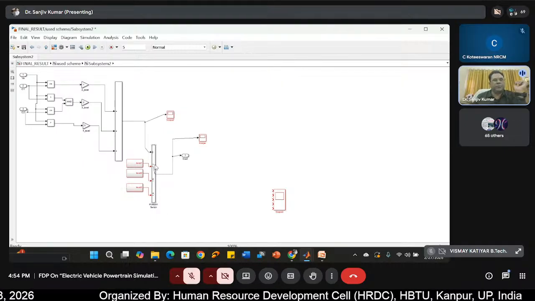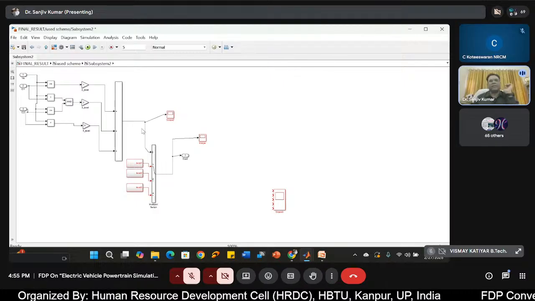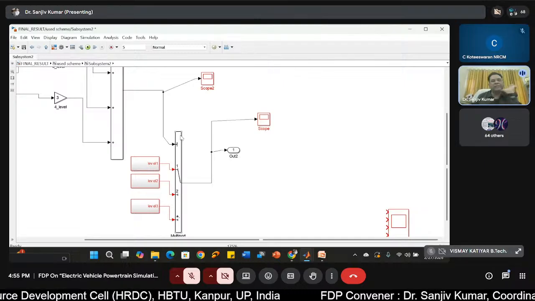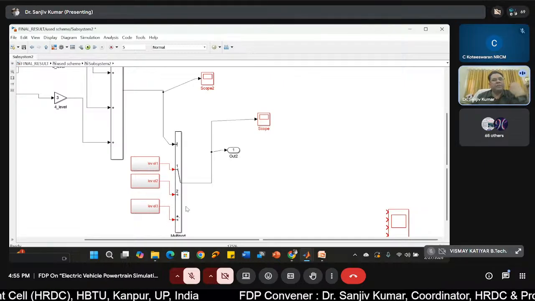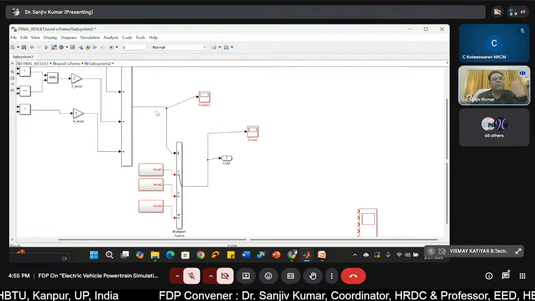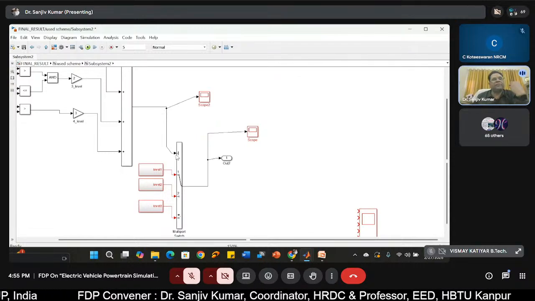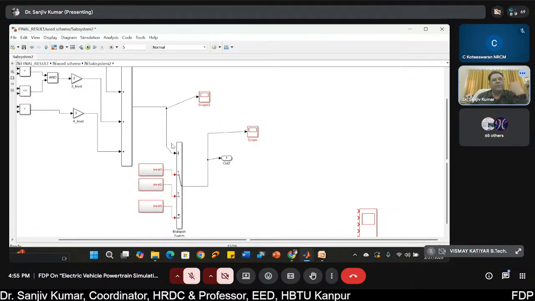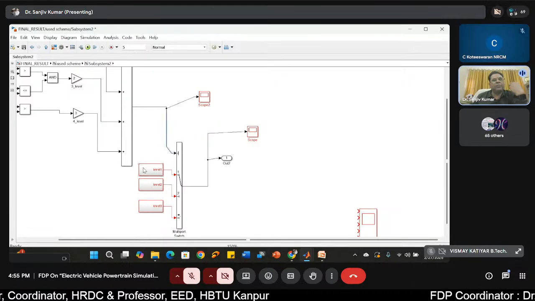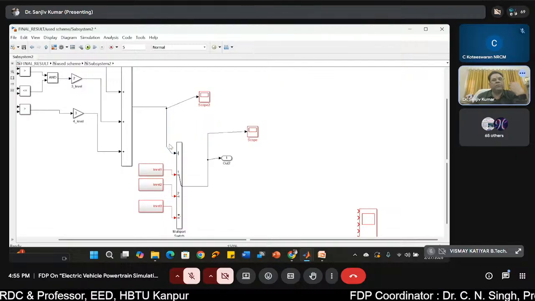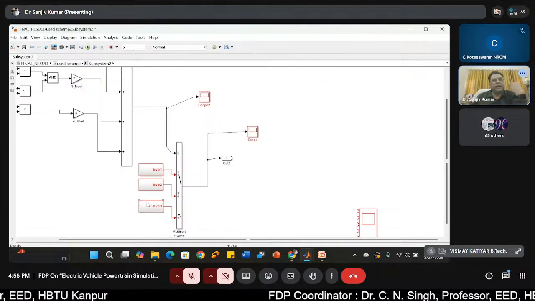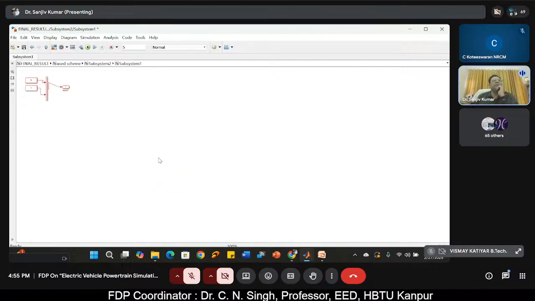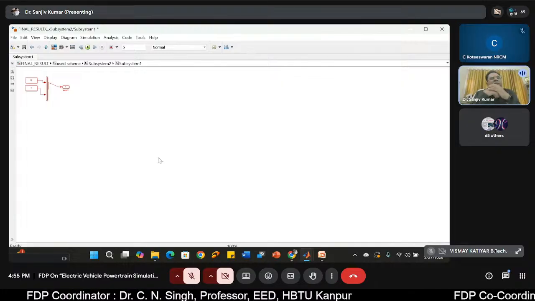And this is the multi-port switch. I'll tell you the function of this multi-port switch, even though most of the faculty already know. Why do we call it multi-port? Because it depends upon this index value. It has three ports, 1, 2, 3. If this value is 1, it will output this. If this value is 2, it will output the second one. If this value is 3, it would output the third one. And what is in the third one? There are two switches combination.